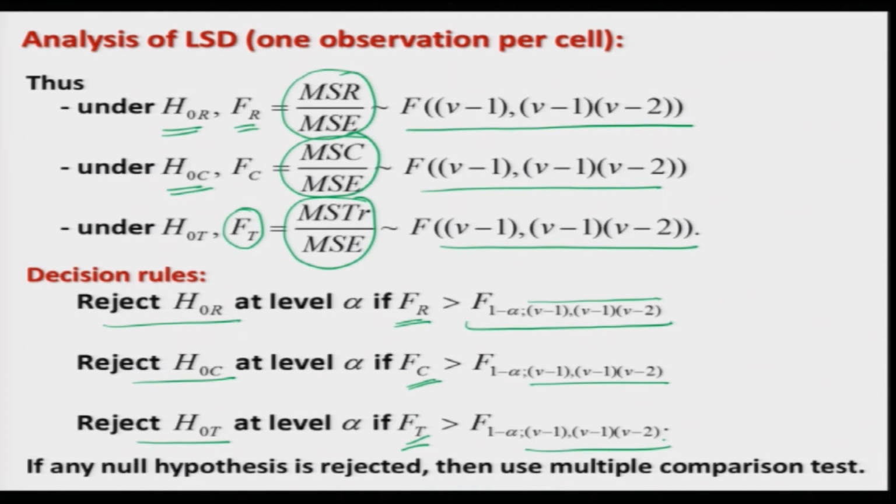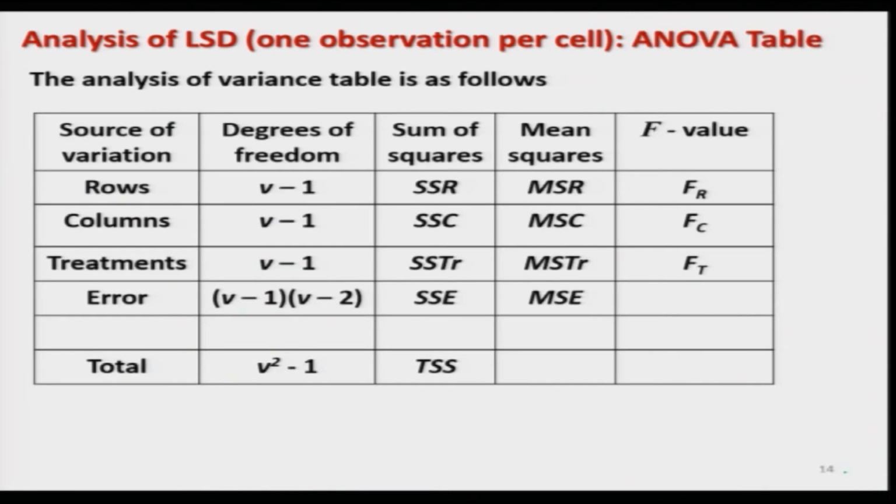So, that is now a very simple thing for you to do, that is not a very difficult thing. And obviously, if the null hypothesis is not accepted, then you have to use the multiple comparison test, no issues. And if you try to compile all these conclusions that you have obtained in the form of the analysis of variance table, then you have here 3 sources of variation: rows, columns and treatments, and then they are having